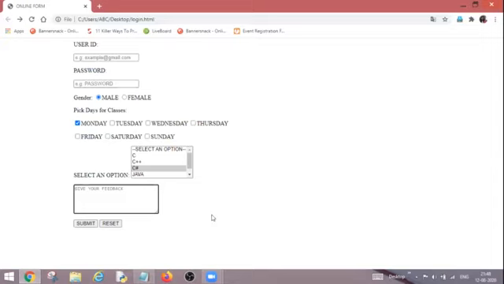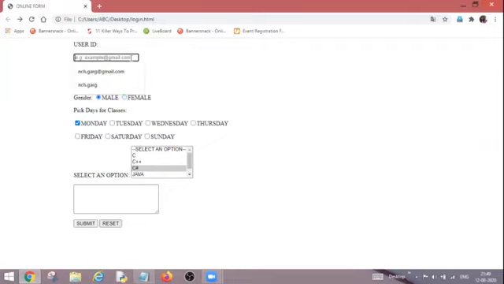But the question is, why do I need it? Sometimes what happens, let's say I am filling a form and I have made some mistakes. I committed one mistake in filling the form, and I forgot also that this option was already selected, and I chose another option in place of that. So in that case, what can I do? Before clicking on the submit button, I can reset my form, so that I will come to know that this value was already selected in the form and I selected a different one later on. So this is the benefit of the reset button.